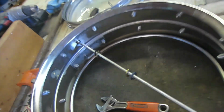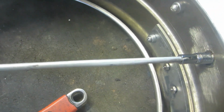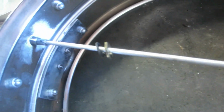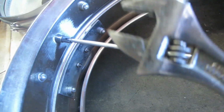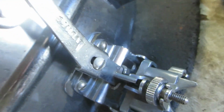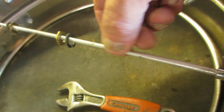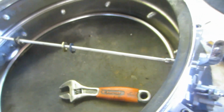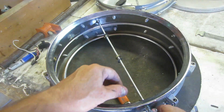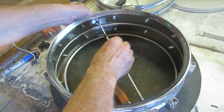Right, so we've got the nuts off both sides of the throw-off levers. Taking those off, I just use a small crescent wrench. And now we want to take these screws out of each side of the levers here. That'll release that from the rods here, this parallel rod here. Okay, we've got those removed, so we'll just pull this one side out of here,